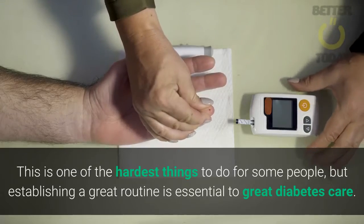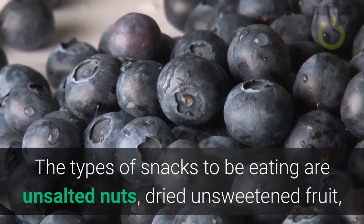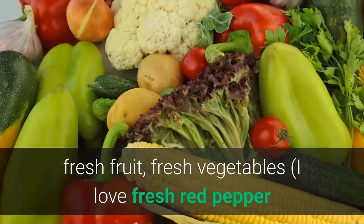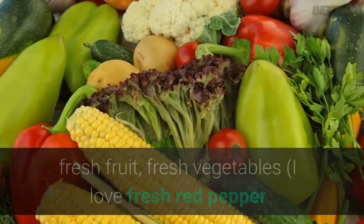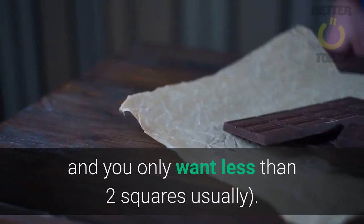great diabetes care. The types of snacks to be eating are unsalted nuts, dried unsweetened fruit, fresh vegetables. I love fresh red pepper and cucumber, dark chocolate, richer and nicer, and you only want less than 2 squares